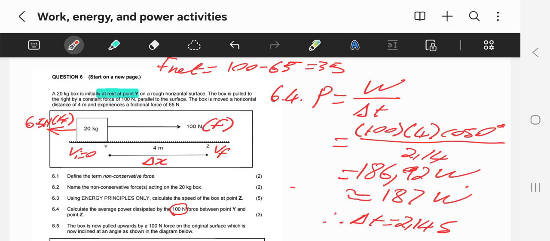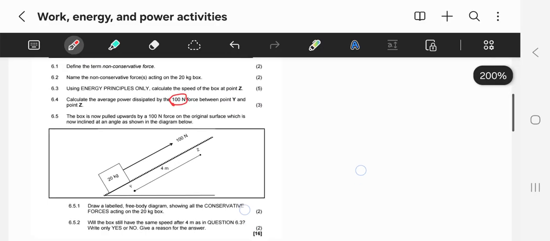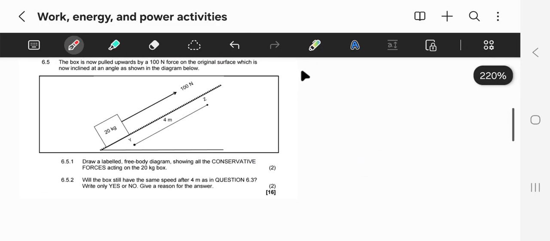Okay, let's look at 6.5. So 6.5 says the box is now pulled upwards by a 100 Newton force on the original surface, which is now inclined at an angle as shown in the diagram below. So this is our object now being pulled at an angle, and then for 6.5.1, they are saying to us, draw a labeled free body diagram showing all the conservative forces acting on